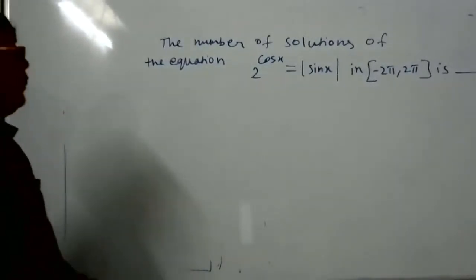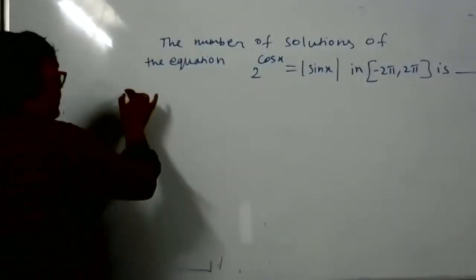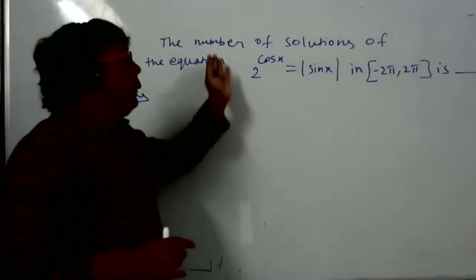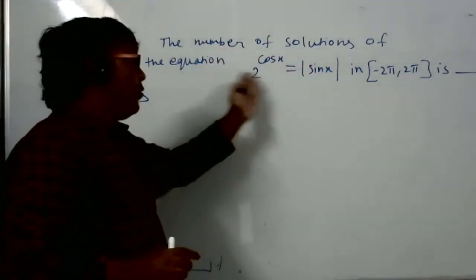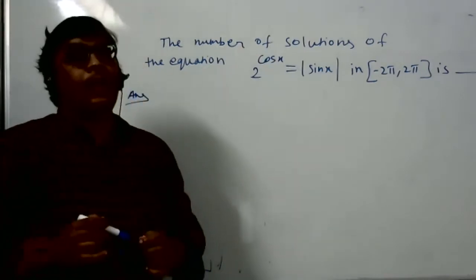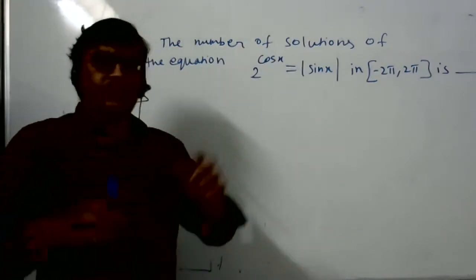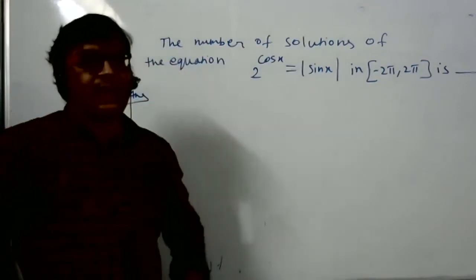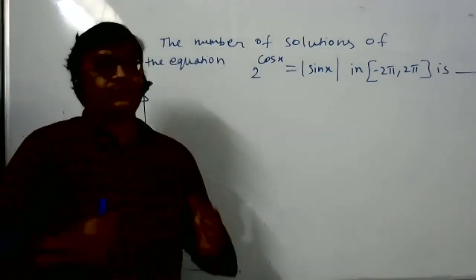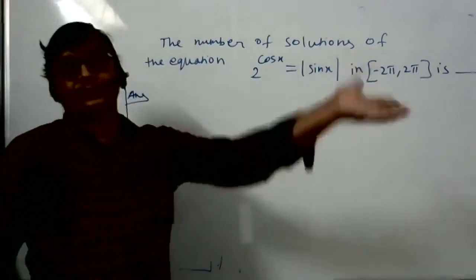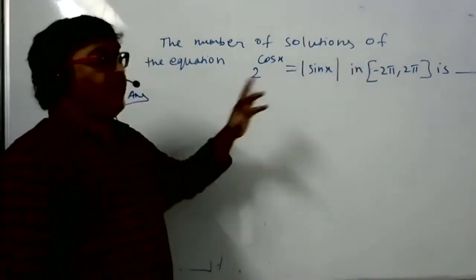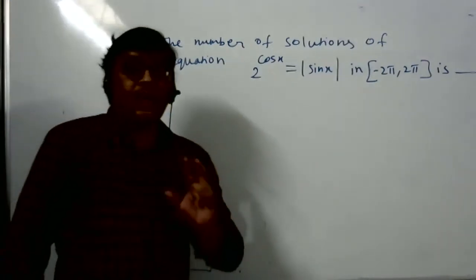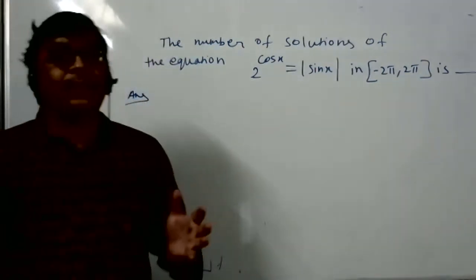Now, all of you have to stop writing and see the board because most of you may not understand. The number of solutions of this equation, how many solutions are there? You people know the graph of a trigonometric function. Actually, that is a very strong tool in our hand. We have to do this sum by graph only. Other way we cannot do this sum. You people are not unfamiliar with graphs.